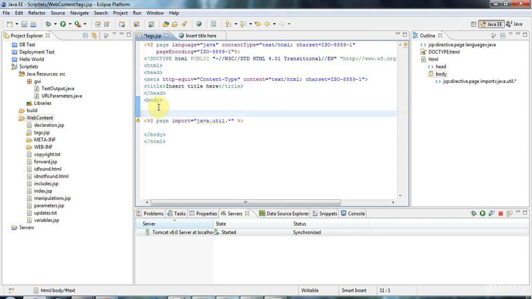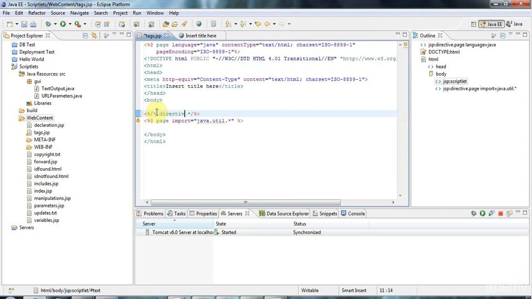So let's put a comment there, and actually I'm going to use another tag here that I'm not sure is really a distinct tag or just a scriptlet with a Java comment in it. A comment tag looks like this. It's a % and then /*. How this works under the hood, whether it's really a distinct tag, I'm not completely sure, but you get the picture. This is a Java multi-line comment. So let's say here this is the